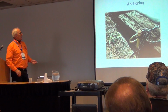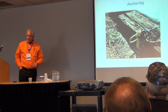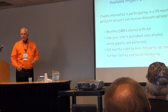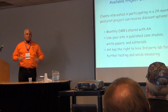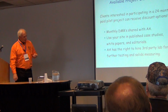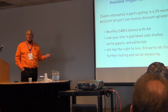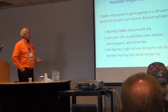They're anchored with a long iron post, like a UV protected rope. And the reason we do that is because we found that UV protected rope is much better, because it's lighter and it lets them bob up and down as opposed to metal wires. And so the commercial part starts, but if anybody wants to work with us and let us write a case study,